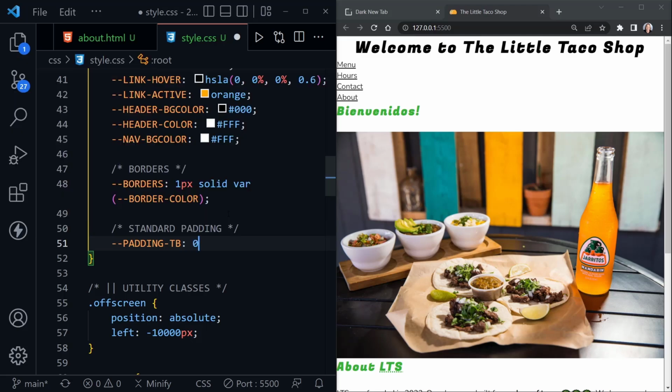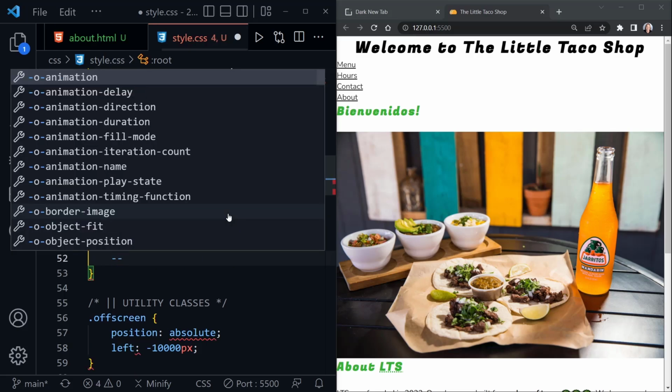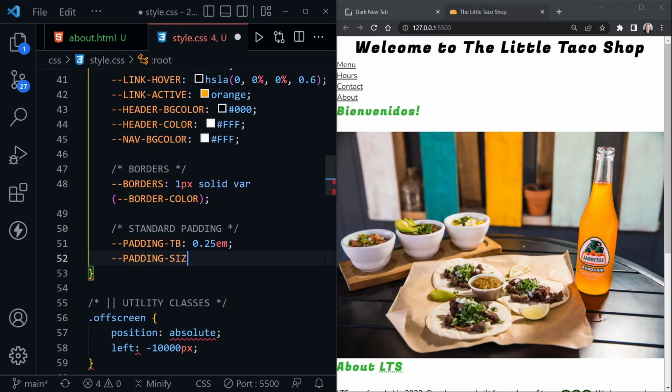I'm going to set this just to 0.25 EM. And then the next one is padding -side, not size, but side. So on the left and the right. And differently here, I want this to be 2.5%. So total, if I apply this to both sides, it will take up 5% of the width. If I'm going to save that, you won't see a change applied because we haven't applied any of these variables